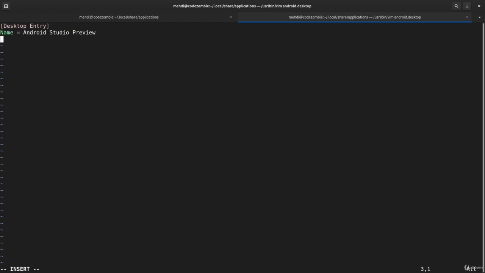First, we go to this directory, local share applications, and here I create a file. I name it, for example, android.desktop, and then in square brackets, Desktop Entry, and first a name for it, Android Studio. Because it's preview, I name it preview, and then type is application,